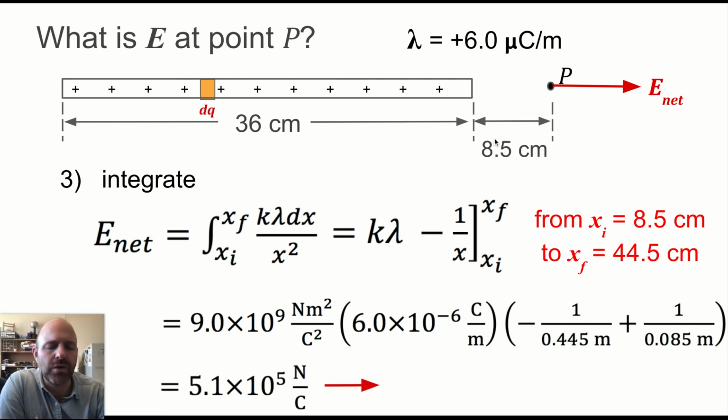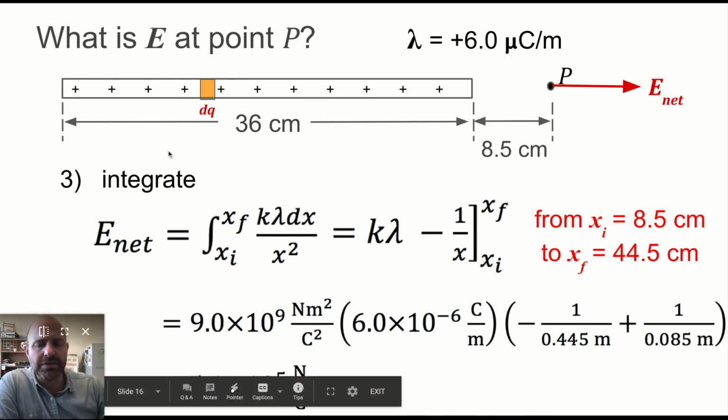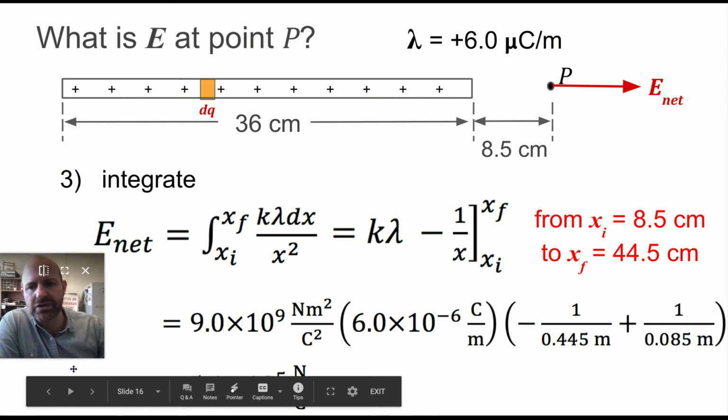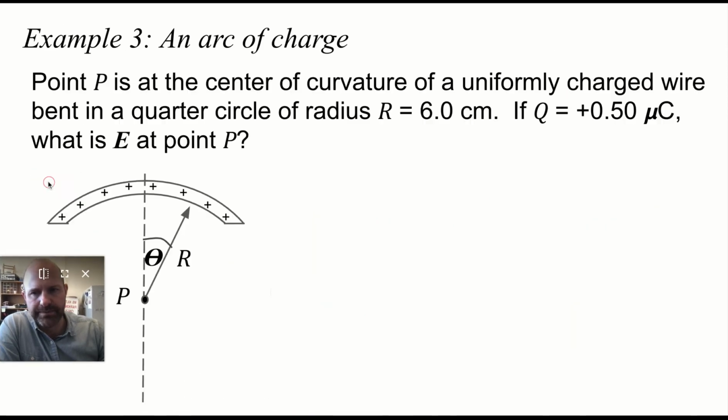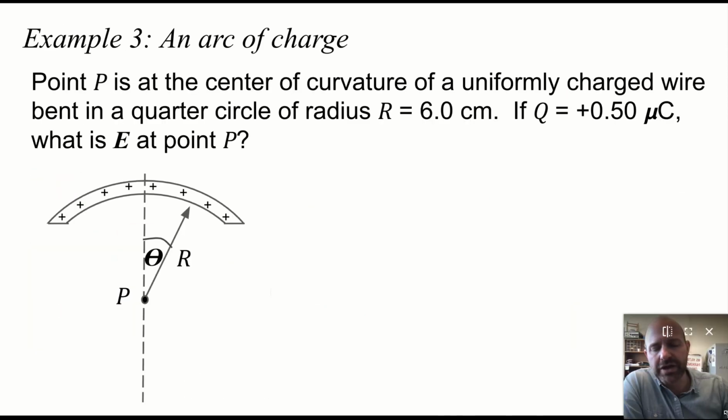We end up with 5.1 times 10 to the 5th newtons per coulomb. And again, to the right, because we already determined that that was the direction. So what we've done is we've broken up this rod or this line of charge into arbitrarily small little bits of charge and said each one provides some electric field to the right. We add up all these pieces, and then we get the total electric field at that point due to this line of charge. We can do this for other shapes,